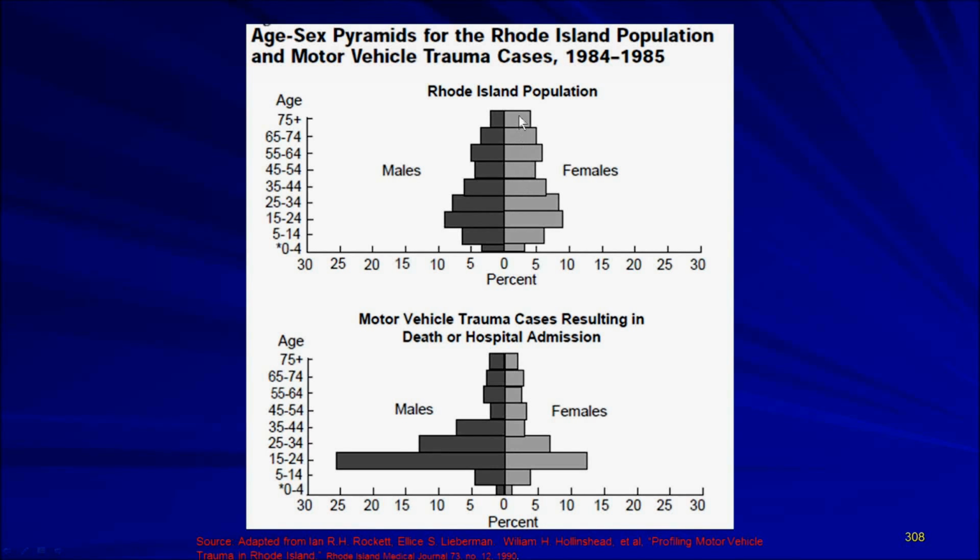But you can see what happens in terms of motor vehicle trauma. And this is probably something that some of you have experienced already and have noted and seen, and we see where the greatest number of injuries occur in what age group. Motor vehicle trauma cases resulting in death or hospitalization, and you can see in the second figure that this happens far more among men because they're risk takers, and we have a lot more distractions going on in operating a motor vehicle. We've done studies with teenagers, and we find the use of mobile phones and texting, and the number of people in the car leads to distractions,